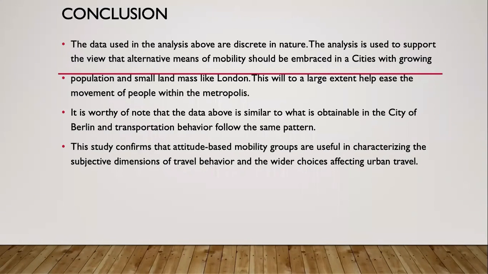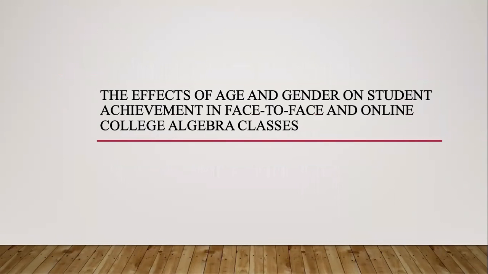In conclusion, the study confirmed that the attitude-based mobility groups are useful in characterizing the subjective dimensions of travel behavior and the wider choices affecting urban travel. That's the reference. The second research work is on the effects of age and gender on student achievement in face-to-face